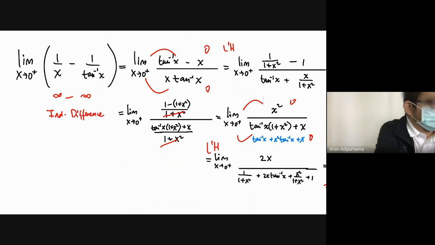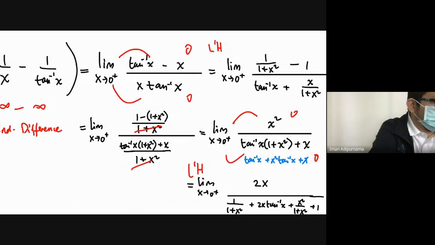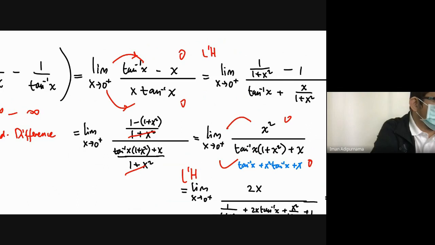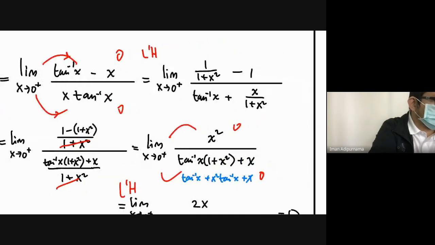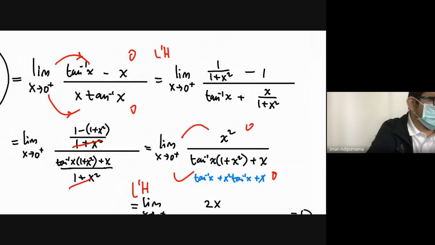First, we can conjugate both of these fractions, became 1. So this will be the result. It's 0 over 0, and do L'Hopital, and this is the result for the L'Hopital. Rewrite the form. Simplify,